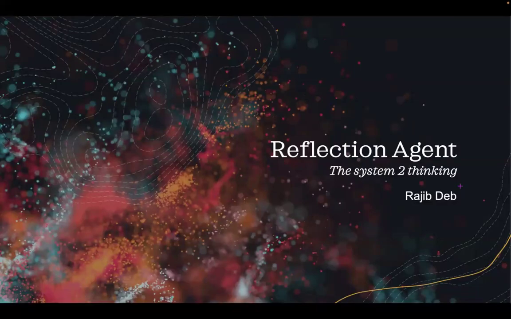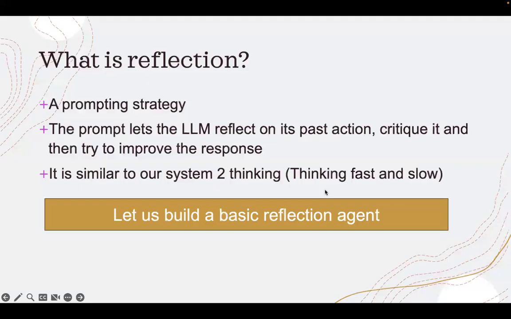In this recording, I'm going to talk about a reflection agent, and then we'll see how we can implement a reflection agent using Langgraph. Now, what is reflection? It's a prompting strategy, and the prompt lets the language model reflect on its past action, critique it, and then try to improve the response or improve the next response, right? And then if it is critiqued again, then it tries to further improve the response